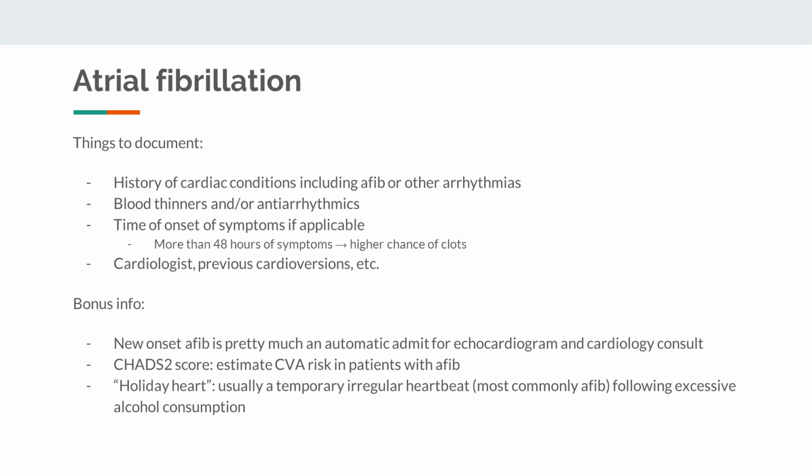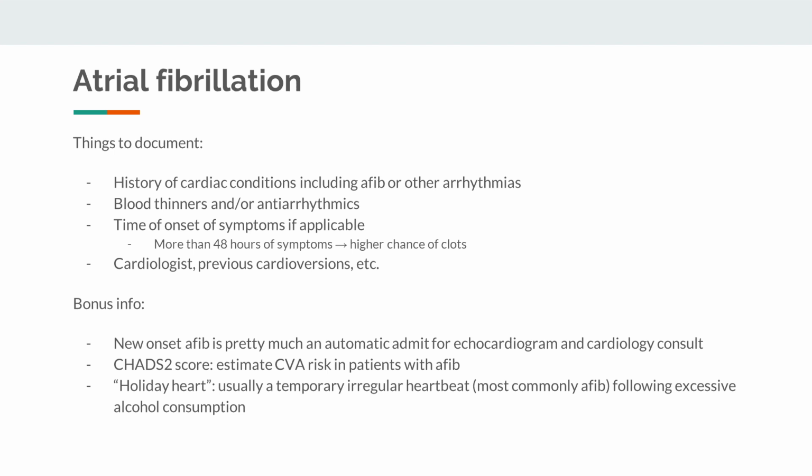So the next time you see an atrial fibrillation patient, be sure to document all of the patient's cardiac conditions, including previous history of atrial fibrillation, if the patient is currently anticoagulated, and if there was a clear time of onset. Sometimes the patients can feel themselves go into AFib, and again, ideally we want to treat these patients within 48 hours to reduce possibility of a clot and avoid strokes. Document if the patient has a cardiologist, and if they have had cardioversions in the past. Sometimes you can find details of previous cardioversions in Cerner, such as medications and dosages for chemical cardioversions and joules for electrical cardioversions. A few more tidbits about AFib.